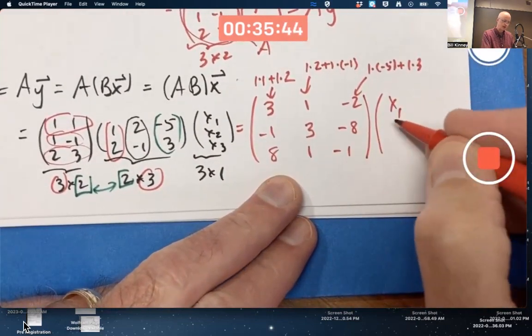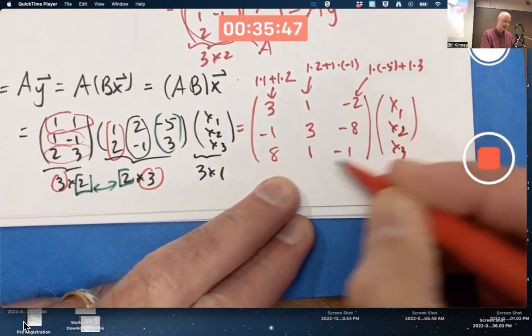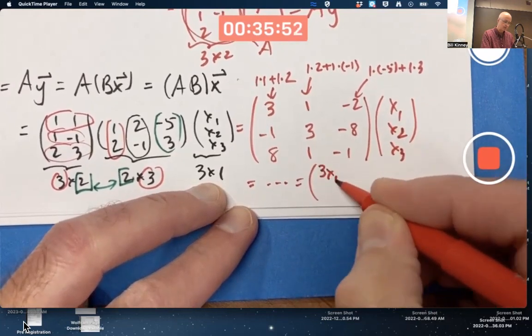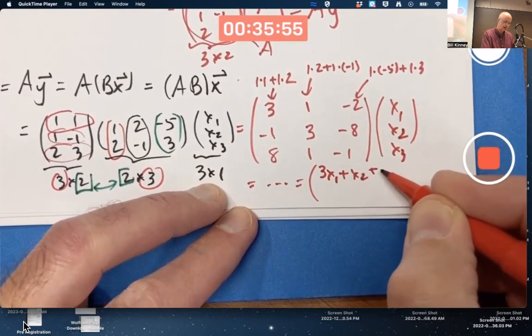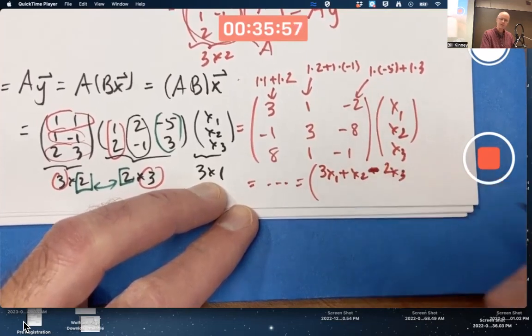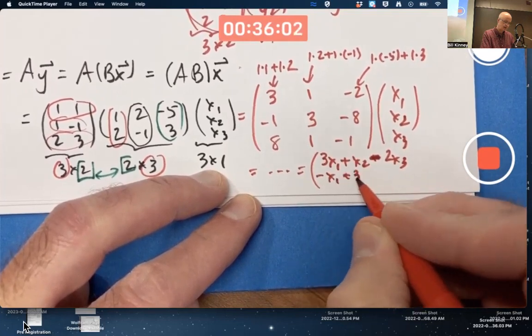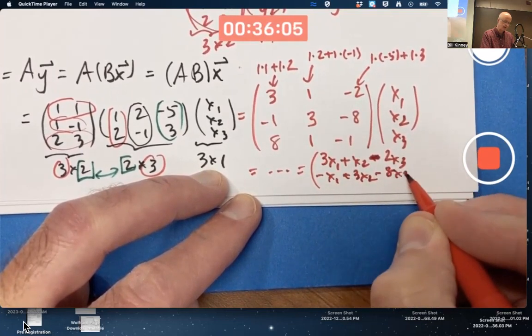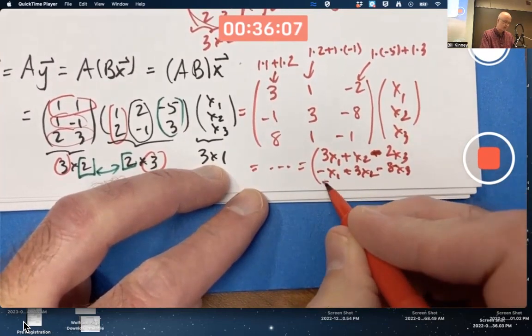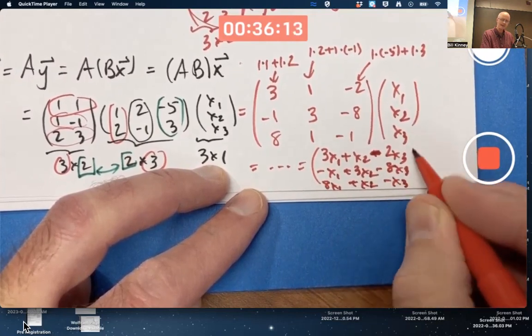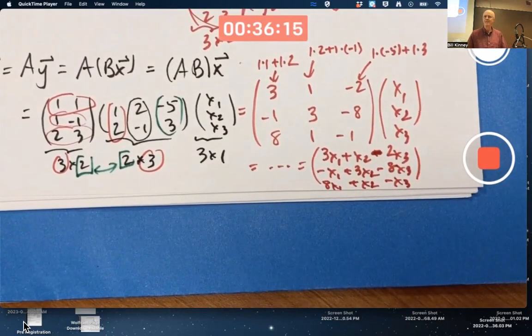That gets multiplied by x1, x2, x3. And if you do that and simplify, in the end, you get a vector 3x1 plus x2 minus 2x3, negative x1 plus 3x2 minus 8x3, and then 8x1 plus x2 minus x3. Did anybody get that far to say that it looks good? Okay. So this is a mechanical process